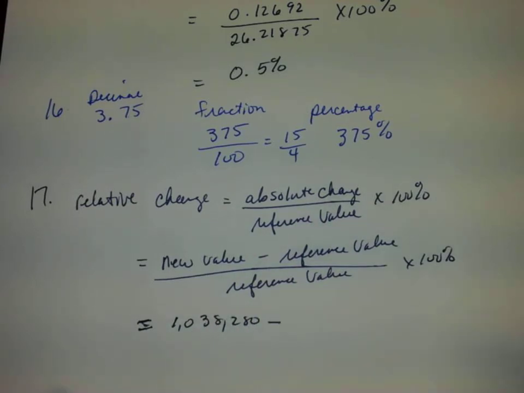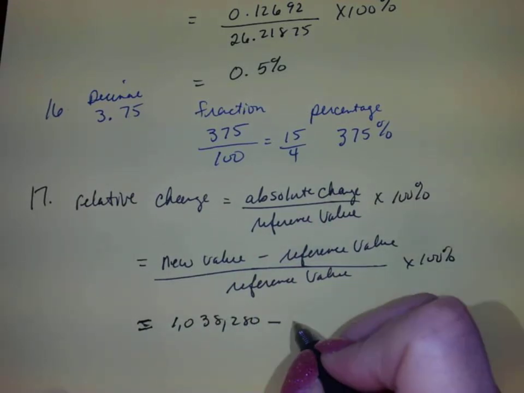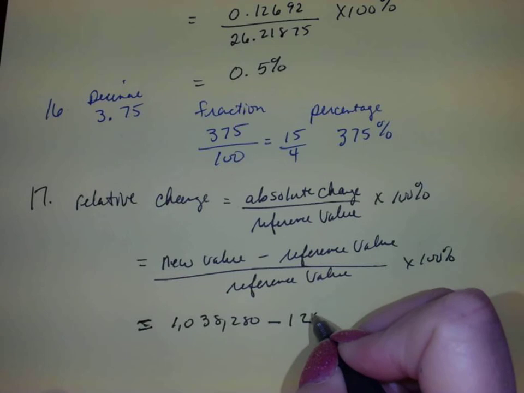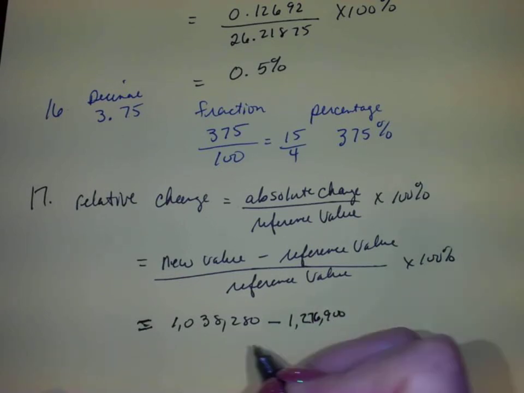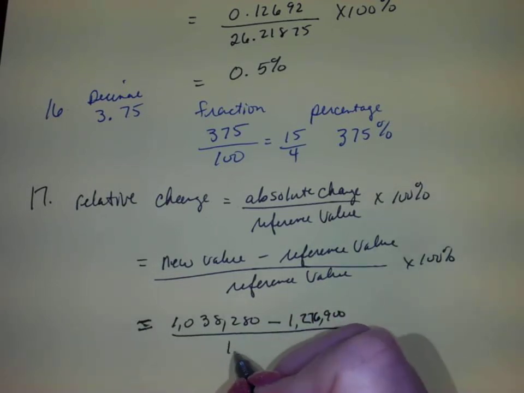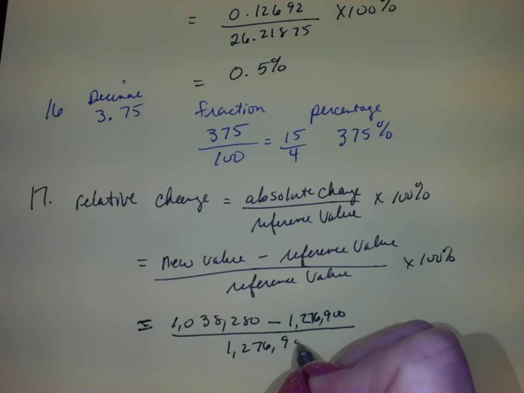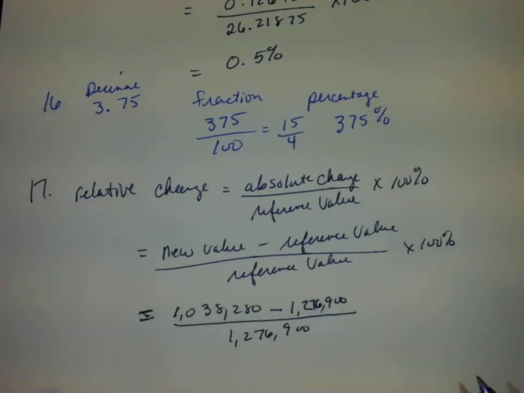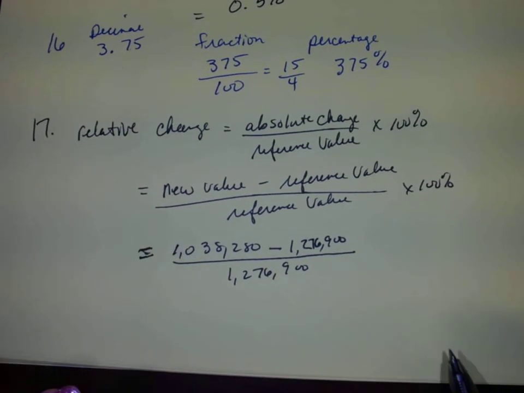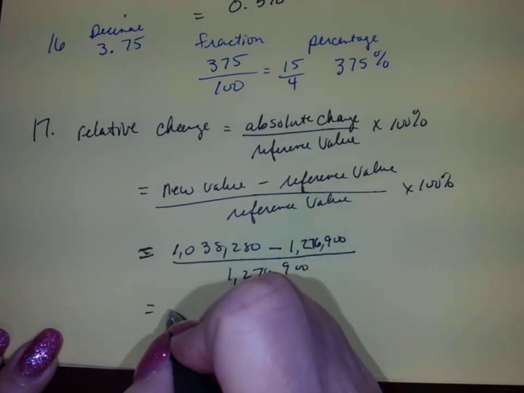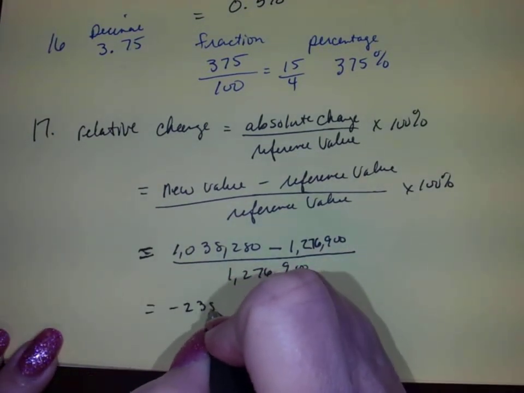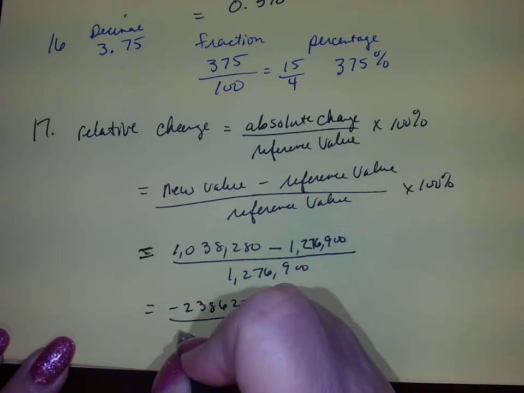So that'll be the 1,038,280 minus our reference value of 1,276,900 all over our 1,276,900. All right, I'm going to work this a little bit before I just jump to the answer. I want to show this part on the top. So that'll get us negative 238,620 over